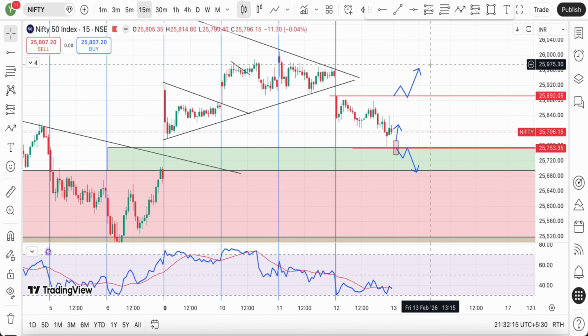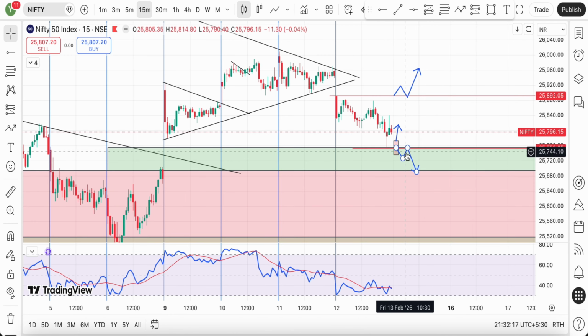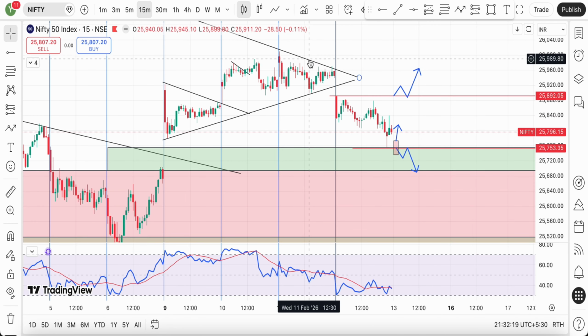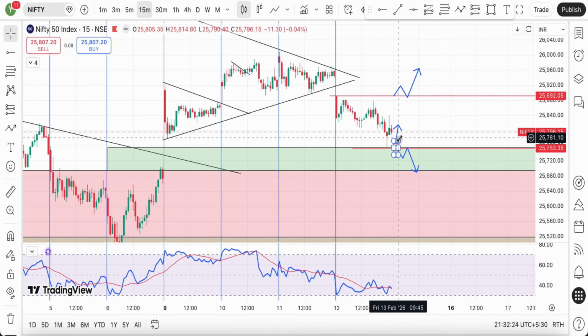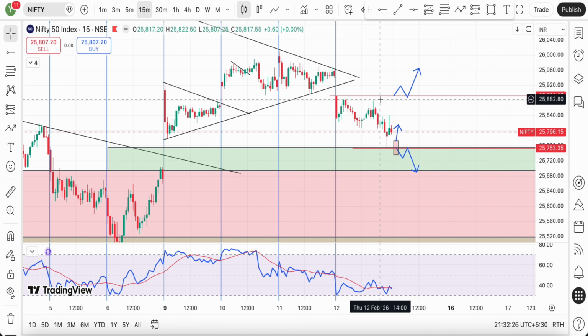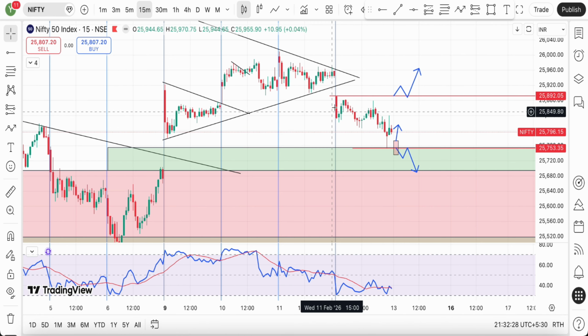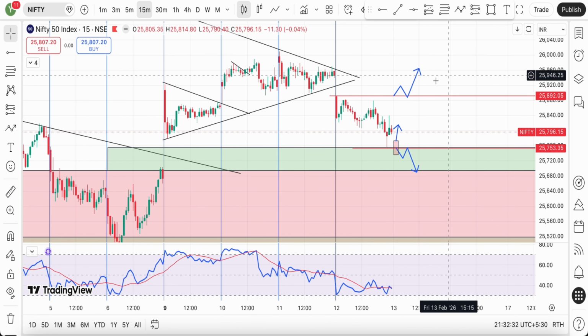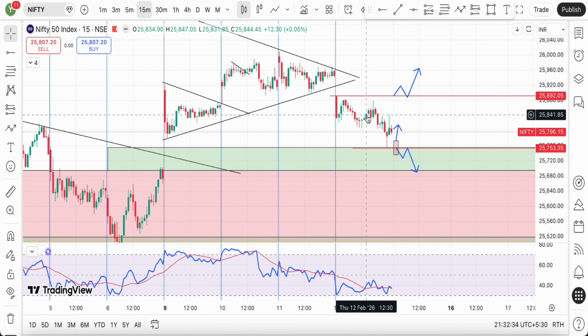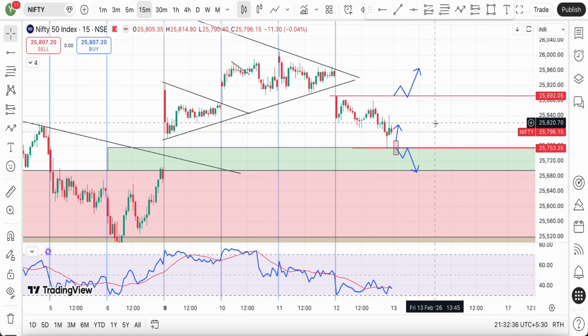Now, what remains important to be seen is whether this is a reversal candle based on the candlestick rules that we have and follow, or we get a follow through tomorrow, or this is simply a part of a retracement wherein sellers are lured and then the market again moves up. The theory which is in favor of this particular move is that yes, FIIs have been